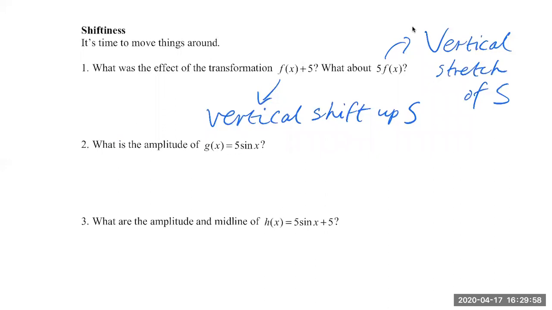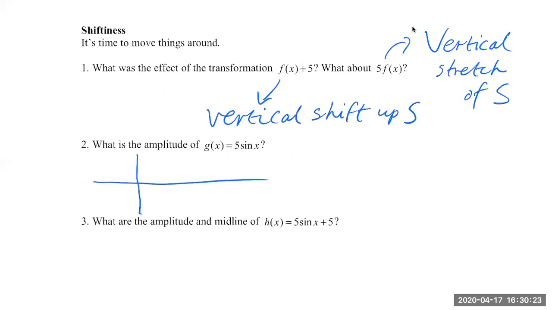So that leads us to a question of how these transformations would behave with regard to sine or cosine functions. What is the amplitude of g of x equal to 5 times sine x? Well, if 5 on the outside acts as a vertical stretch,